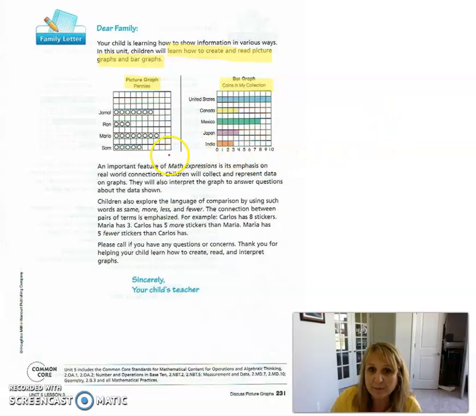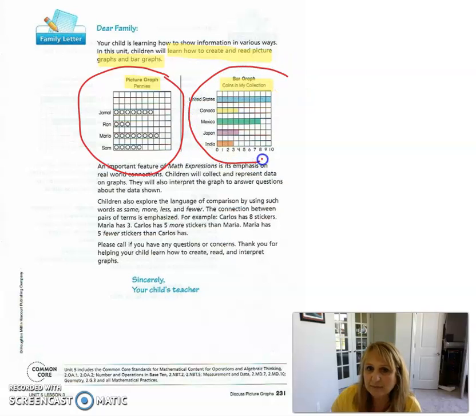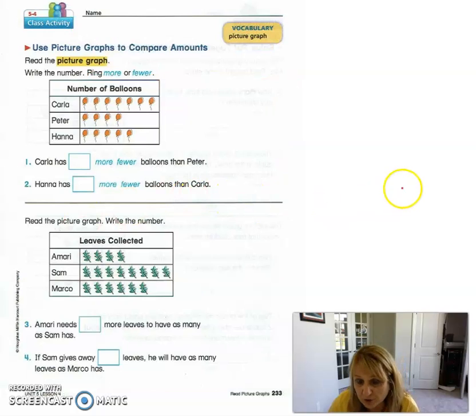And the difference between a picture graph and a bar graph is that a picture graph, you use pictures for it, okay? And a bar graph, you color in the squares to make bars. And sometimes they'll go across and sometimes they'll go up and down. And we've done lots of these bar graphs in school. So that should be pretty easy for you. Make sure mom and dad read this paper, and then you can go on to the next page, which is 233. And we are going to make our first picture graph.